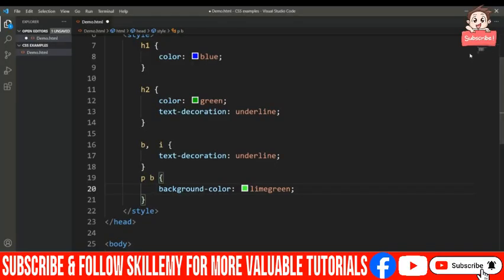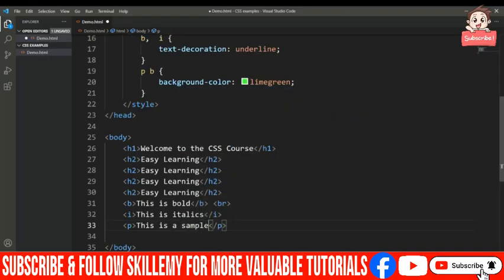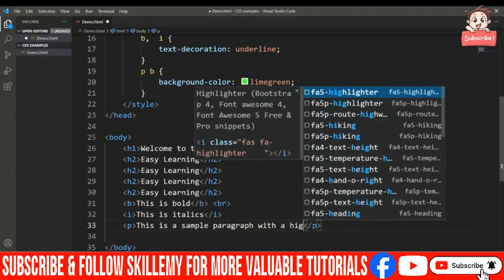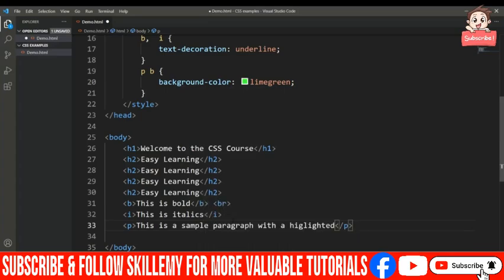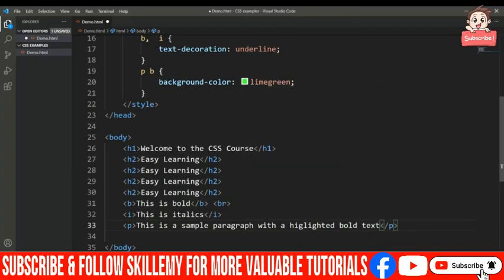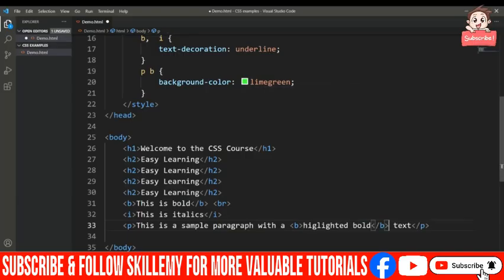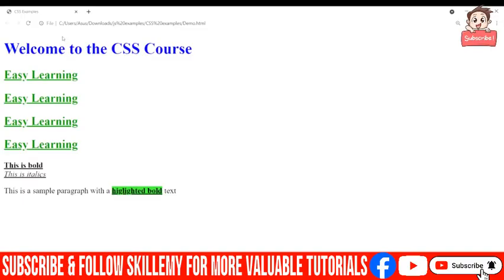So let's start a paragraph. This is a sample paragraph with a highlighted bold text. Now here I will start the bold tag, and finish it here. So inside this paragraph there is a bold tag. Let me close the P tag also. Let's come here and refresh, and here you can see this is a sample paragraph with the highlighted